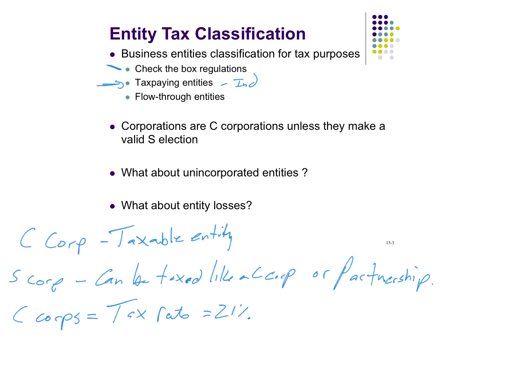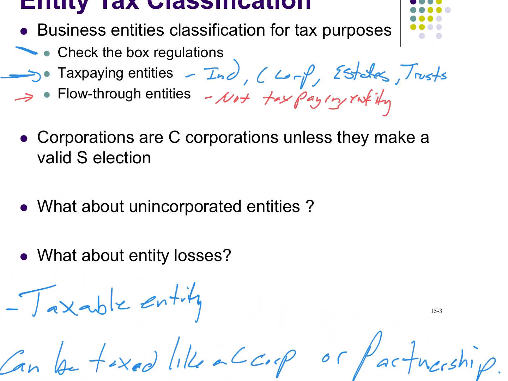So a C corporation is a tax-paying entity, all right? So individuals, we're tax-paying entities. C corporations, estates, trusts, okay? These are all tax-paying entities, all right? And then we have this thing called a flow-through entity, all right? And so a flow-through entity is not a tax-paying entity. All right, now I want to be clear, they're not a tax-paying entity, but that doesn't mean they don't pay taxes. What that means is the tax liability flows down